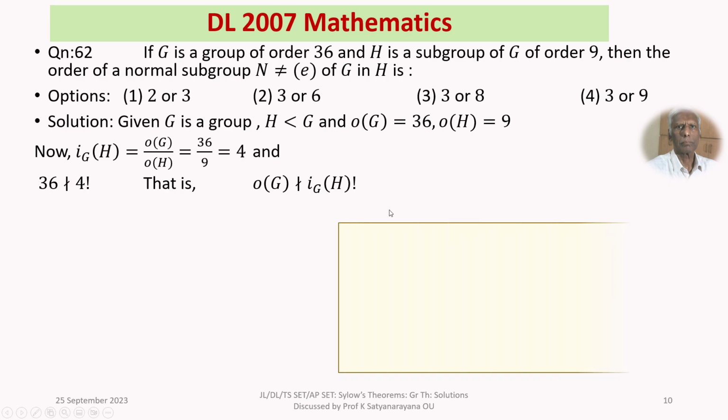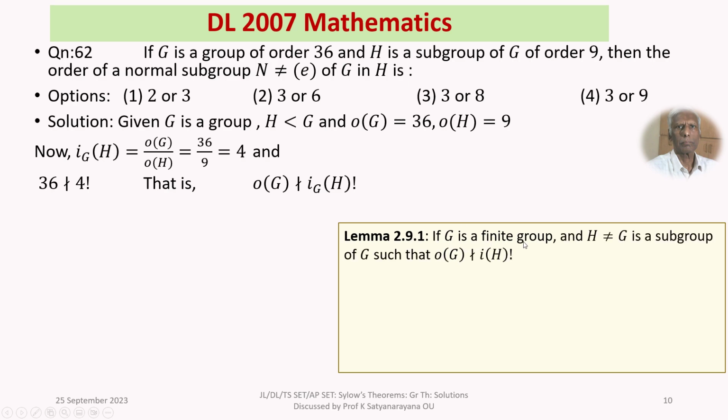Here we recall a lemma. If G is a finite group and H is a proper subgroup of G such that the order of G does not divide the index of H factorial,